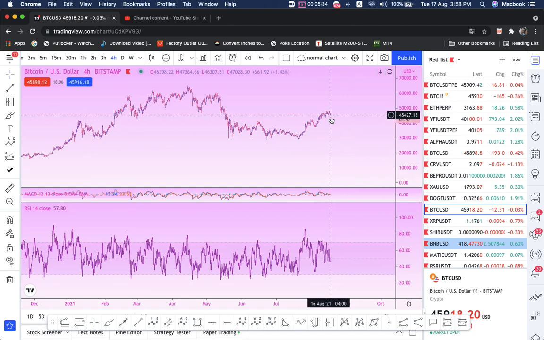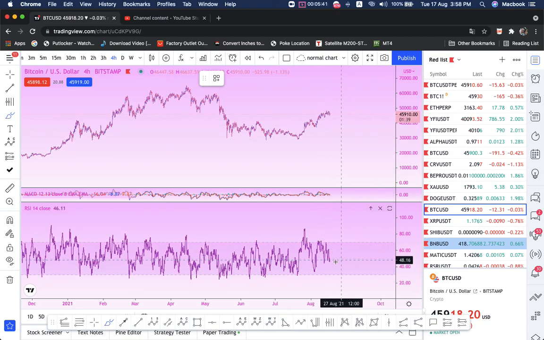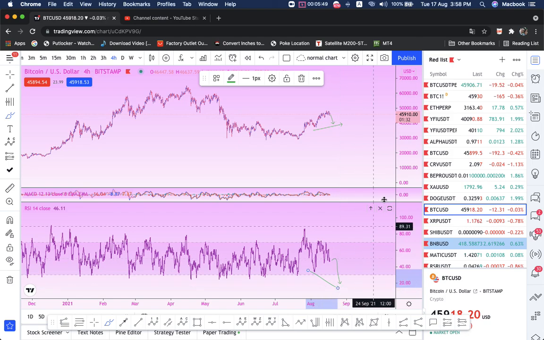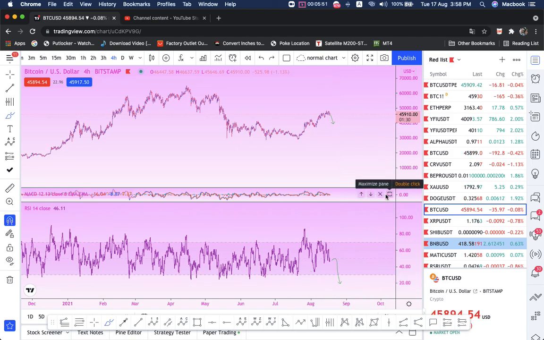Okay, so same case as this one, but at the same time, it does make sense if this one drops down and this one kind of comes down here, and we still get the bull divergence like that as well. Okay, there's many ways. I just think that if you want the market to become bullish, then it must do a correction. So a correction is always going to be choppy.